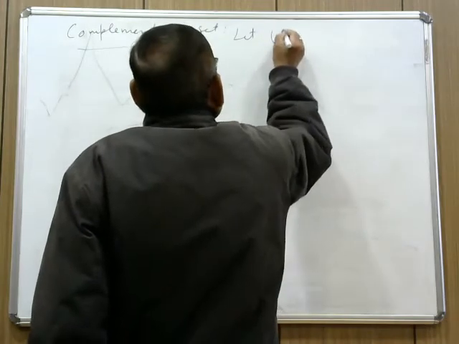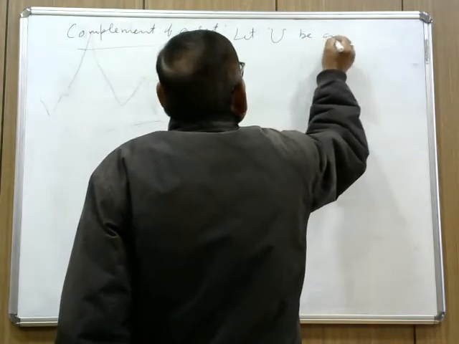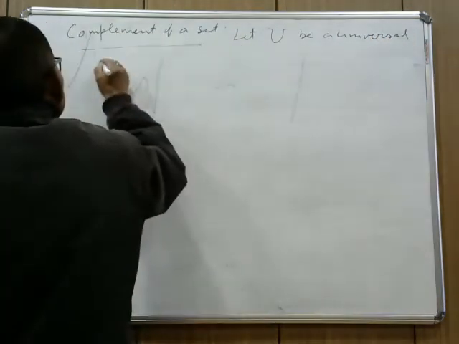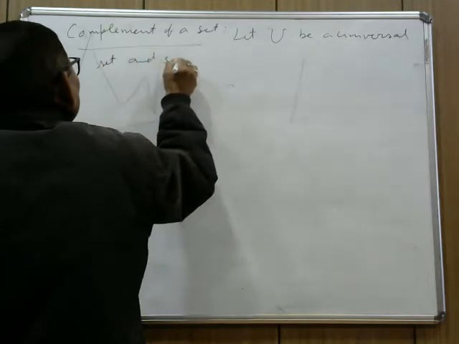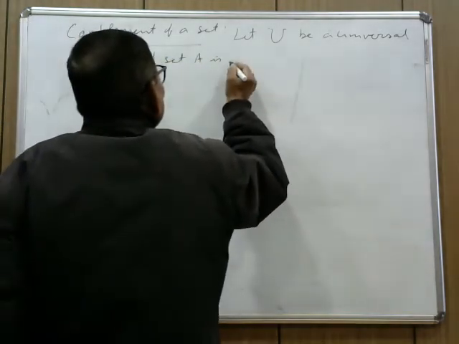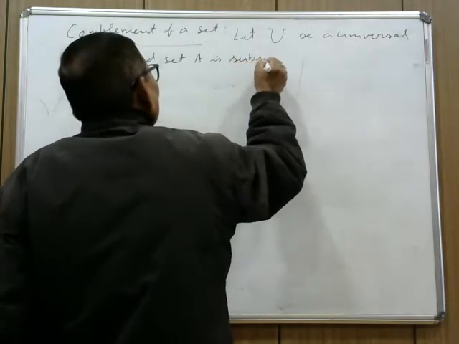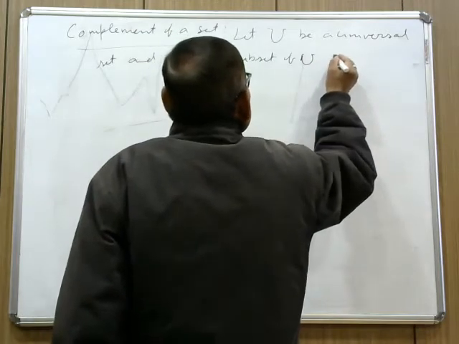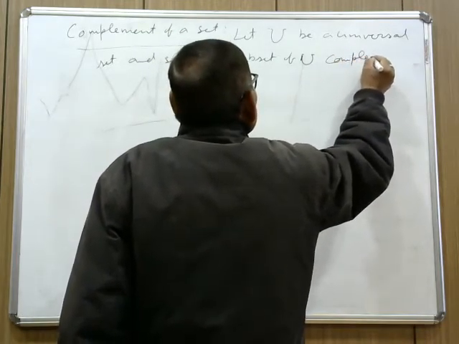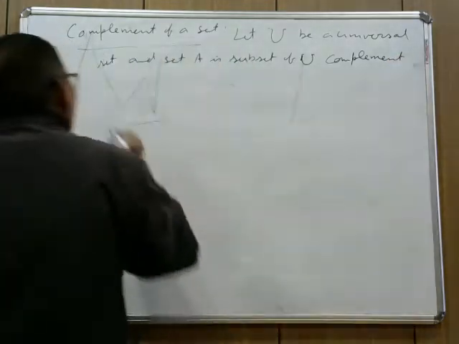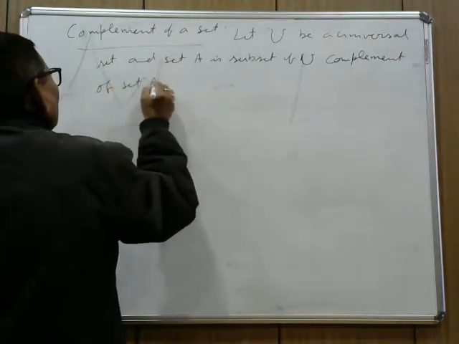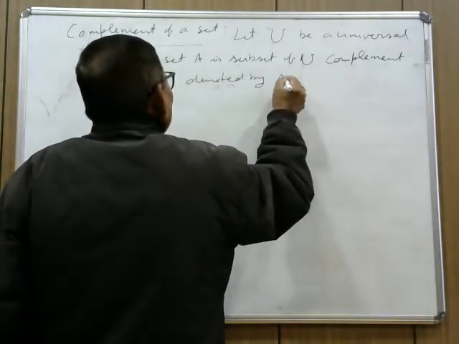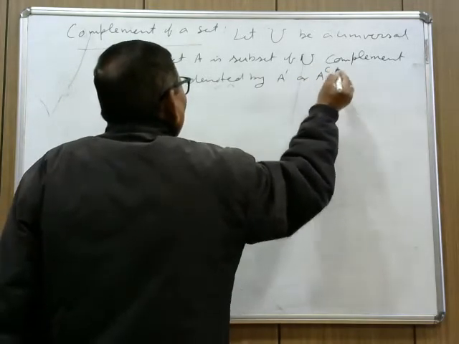Let U be a universal set and set A is a subset of U. Complement of set A is denoted by A dash or A to the power C